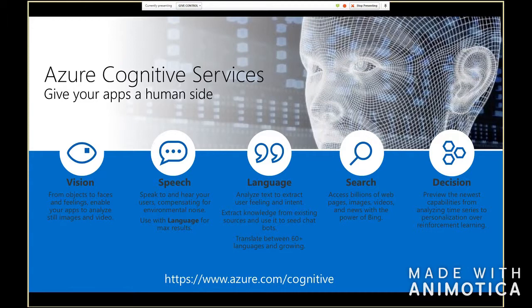It's an idea to increase AI democratization. As you can see, there are 5 categories of cognitive services, dozens of them. And the Content Moderator API is here in these 2 categories, language and decision. So if you reach this URL, you'll see this API listed there.